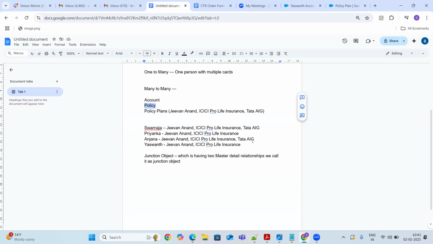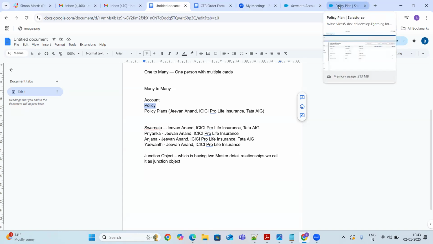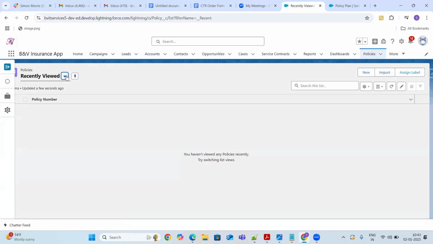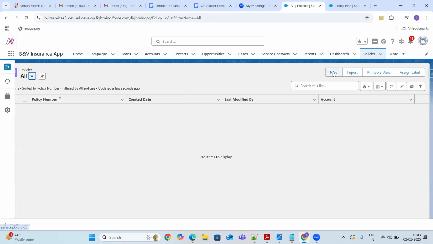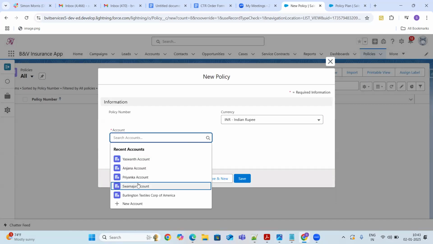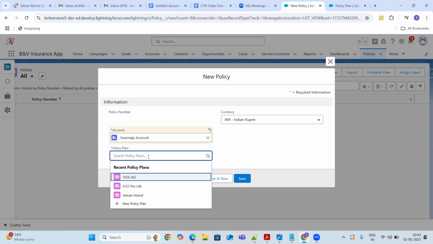Now I want to associate 3 plans to my account, 2 plans to Priyanka's account, and 2 plans to Anjana's account. Then what I can do is go to my policies object. I'm going to click on New, and this will let me select my account and then search the plan.